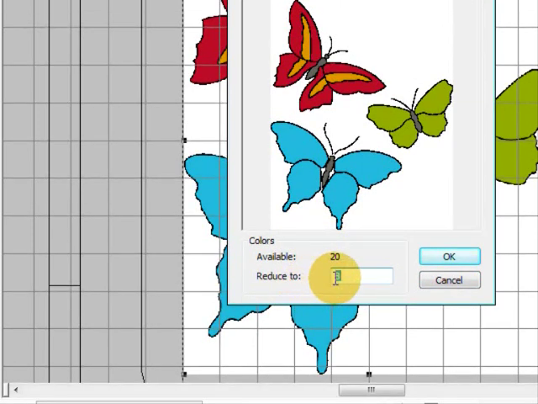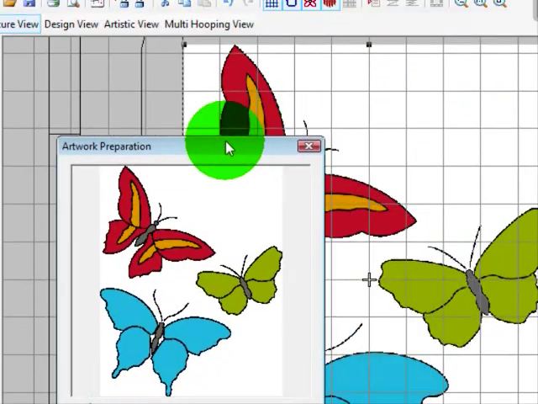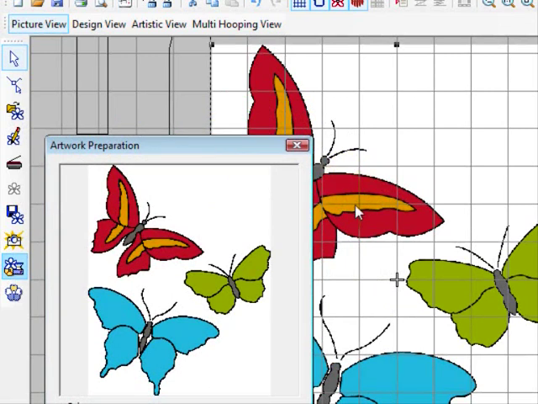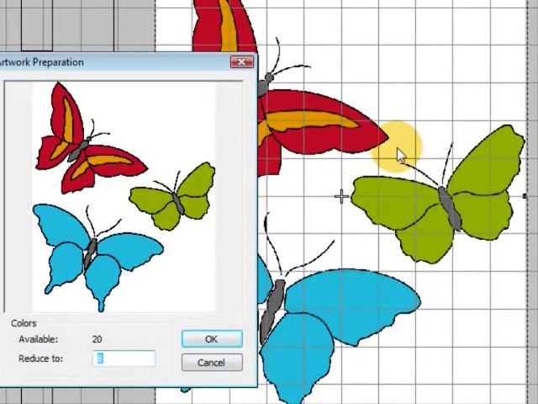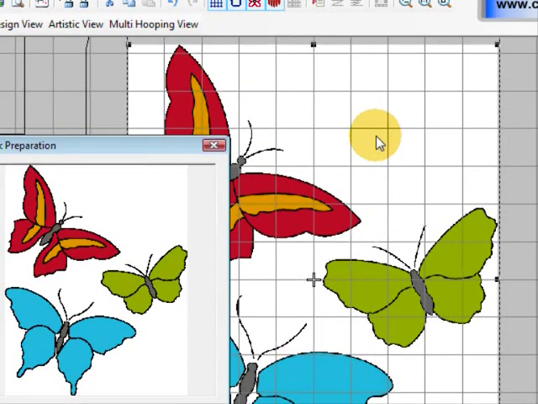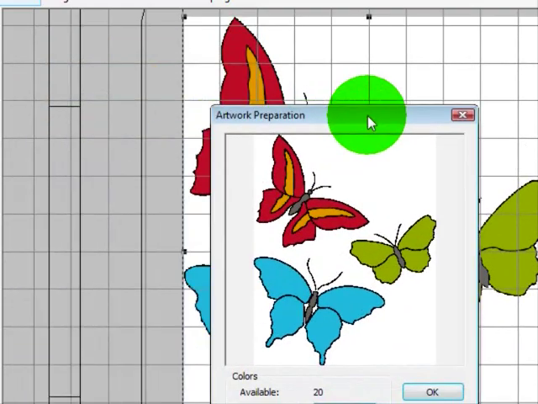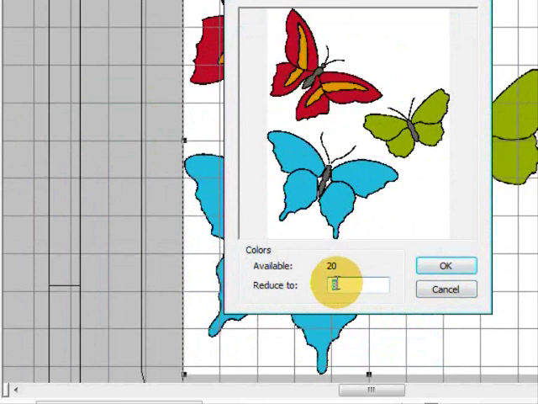If I move that out of the way, I can actually only count 7 colors: the yellow, the red, the black, the grey, the green, the blue, and it counts the background color, the white, as well. So I'm going to actually change that reduce figure to 7